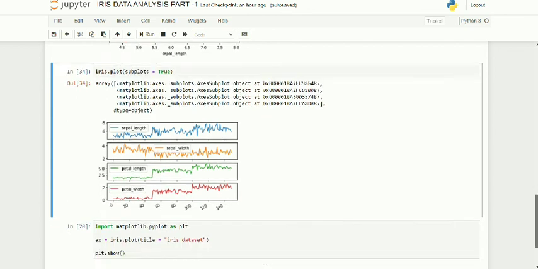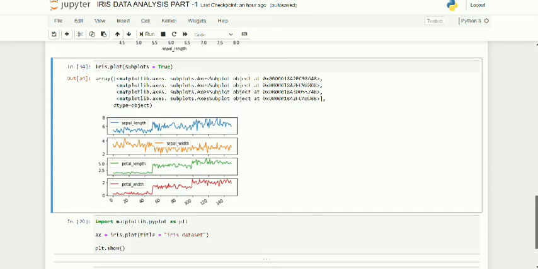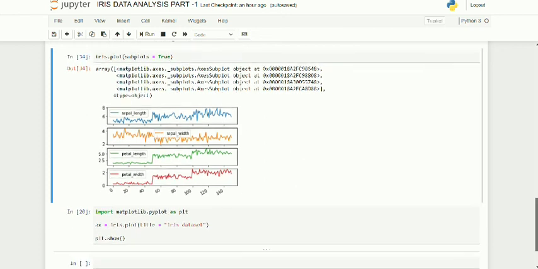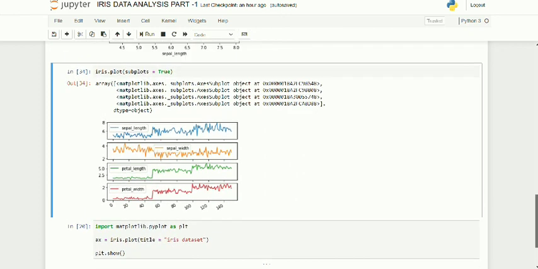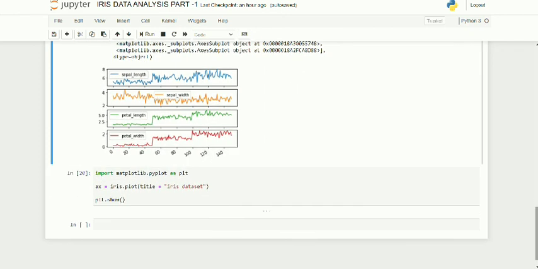Then, as they are separate plots because we called for subplots, after that we will see iris.plot with title Iris dataset. Meaning in one graph I want to show the four descriptions like sepal length, sepal width, petal length, petal width.